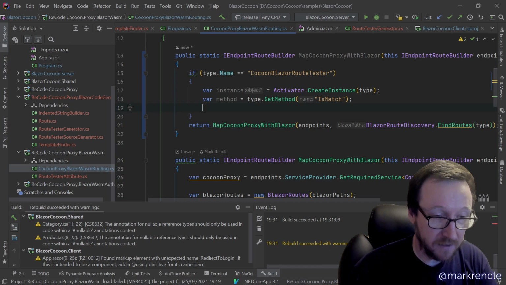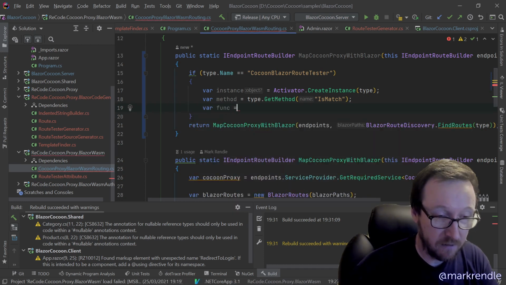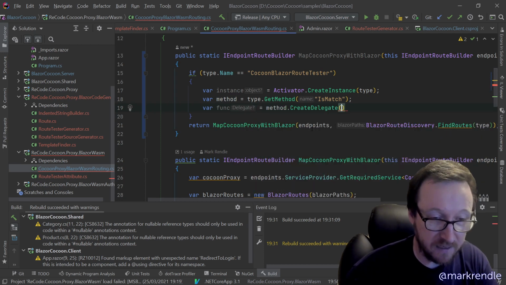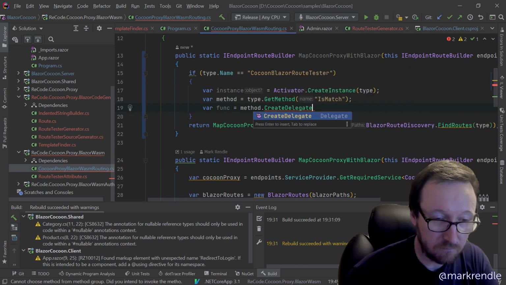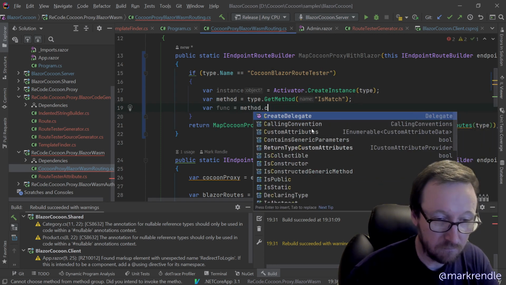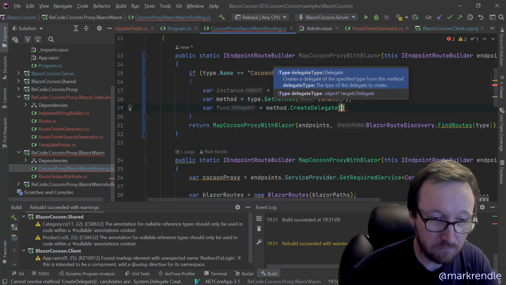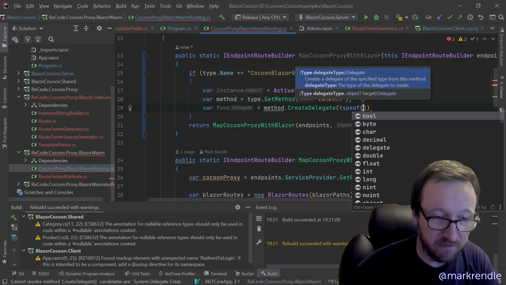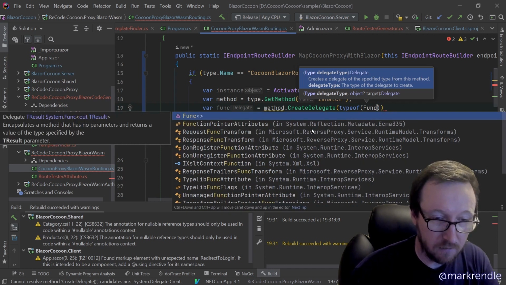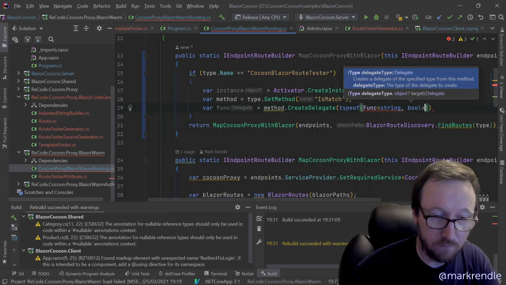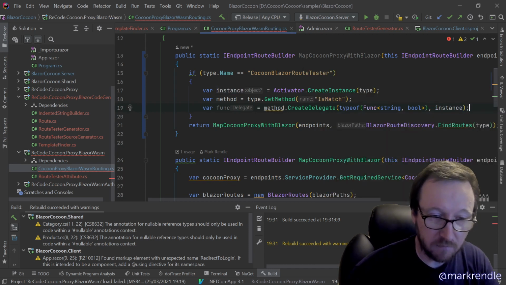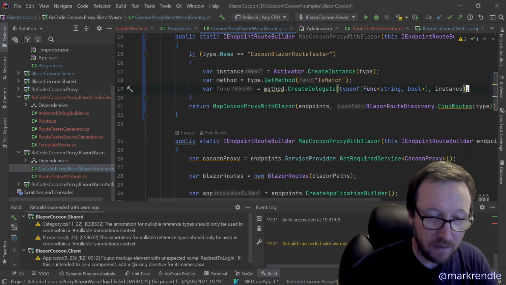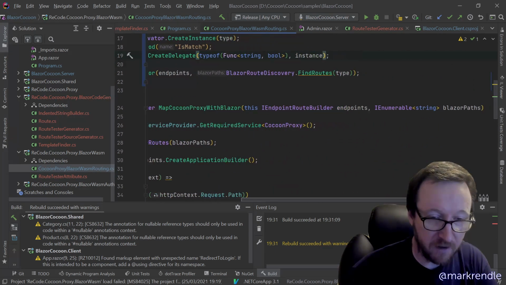And then we're going to say var func equals method.CreateDelegate, type of Func string bool, instance, and then we are going to pass that func